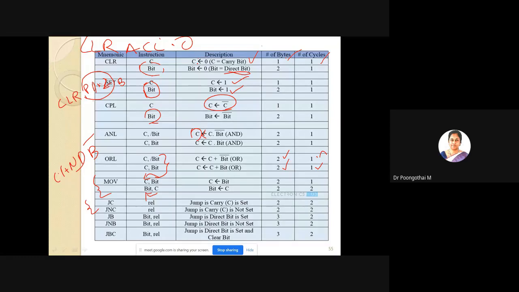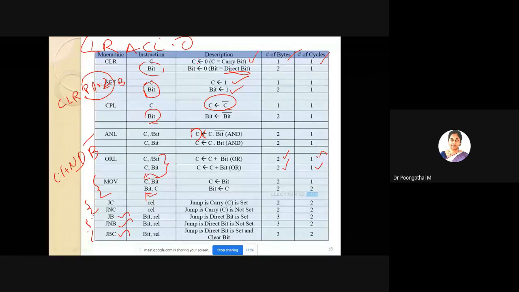These two, jump carry and jump no carry, and these instructions, jump bit, jump no bit, jump bit clear. We will see jump bit and jump no bit first.